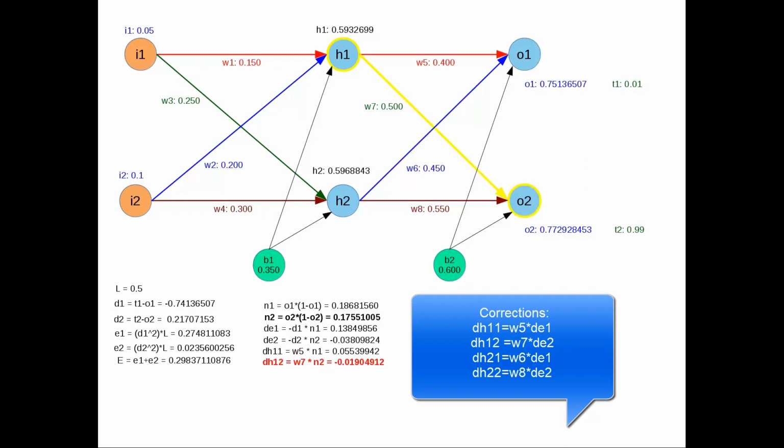We repeat this to find how hidden layer 1 affects output 2 through weight 7. So we're using our net delta 2 because this is output 2. So we now move on to hidden layer neuron H2 and how it affects our output through W6, and using our net delta N1 for output 1. And we do this calculation once more for the hidden layer neuron 2, H2, through the weight of W8 for output 2,